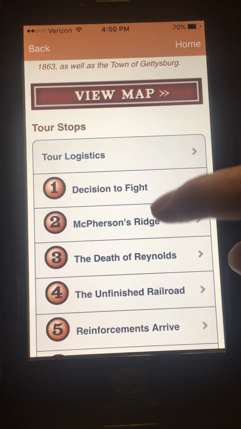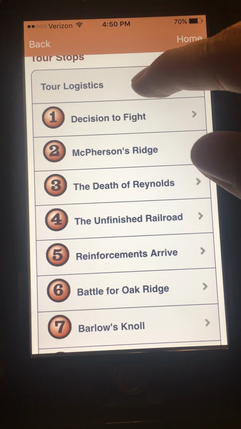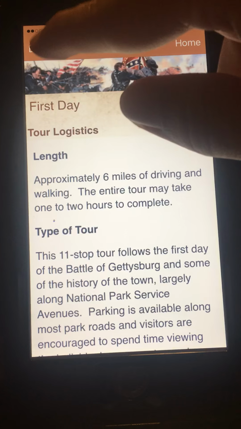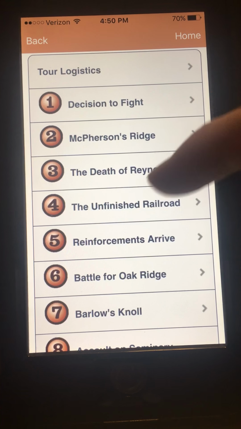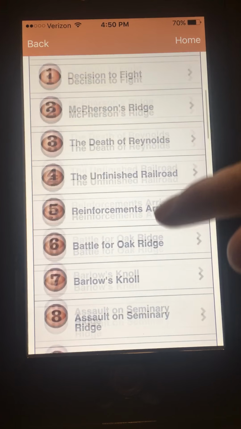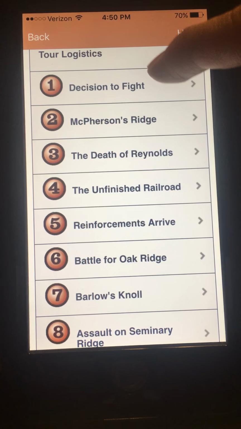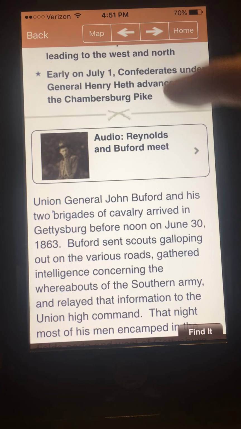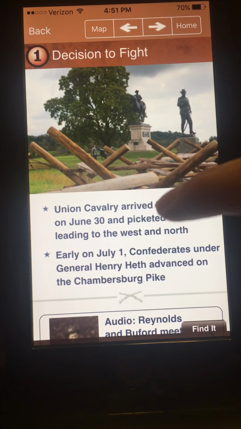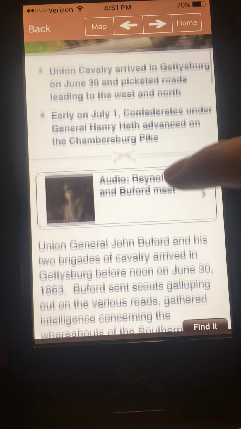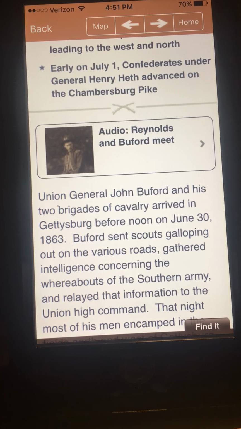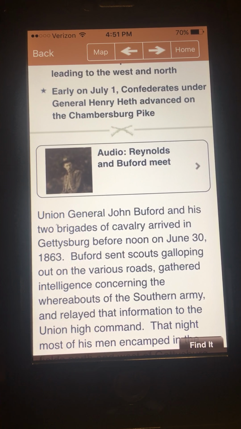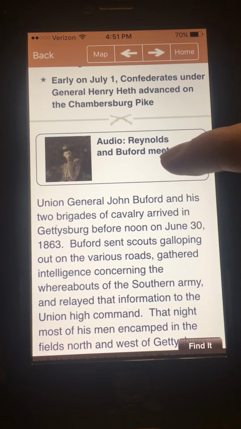So we clicked on day one, and this gives a little information, tour logistics, about the tour if we were actually there, but we won't worry about it since we're not. So we have all of these different stops along the day one tour. We have the decision to fight. For instance, the decision to fight is on the day one stop, and it gives a little information about what factored into the decision for the Union Army to stand up to the Confederate Army at Gettysburg, why they decided to fight there, and each little